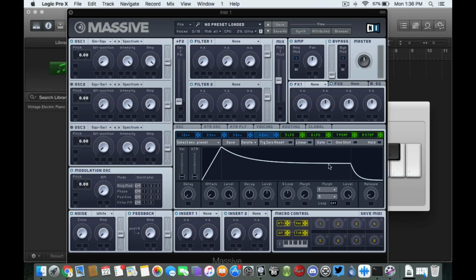So we're going to get this decay and bring it to a little bit over halfway. Perfect. Now you can hear, whenever I press a button and let go, it just stops the sound right then and there. That's the release. So we're going to bring this release up a little bit. So now if I just one tap it,